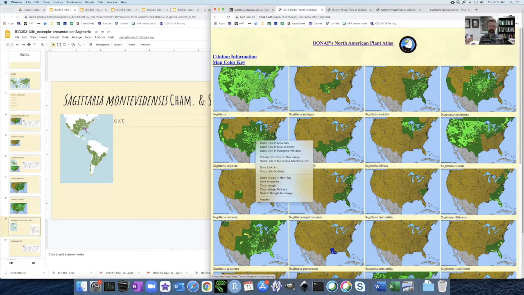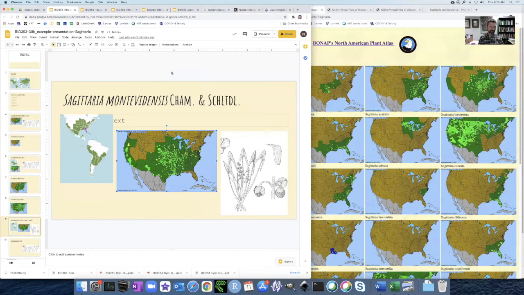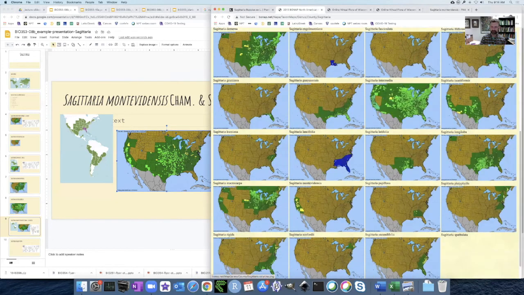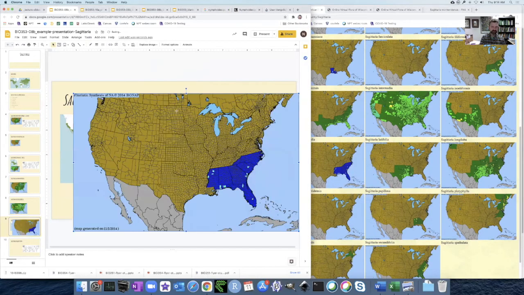I guess you could, if you're pulling these maps over from the BONAP site, I don't know what to tell you on this one. So the plants in Wisconsin are this supposed subspecies Calycina. I think that'd probably be worth mentioning as part of your project. So you could potentially pull these all over. I'm going to run out of room pretty fast here, but for starters,